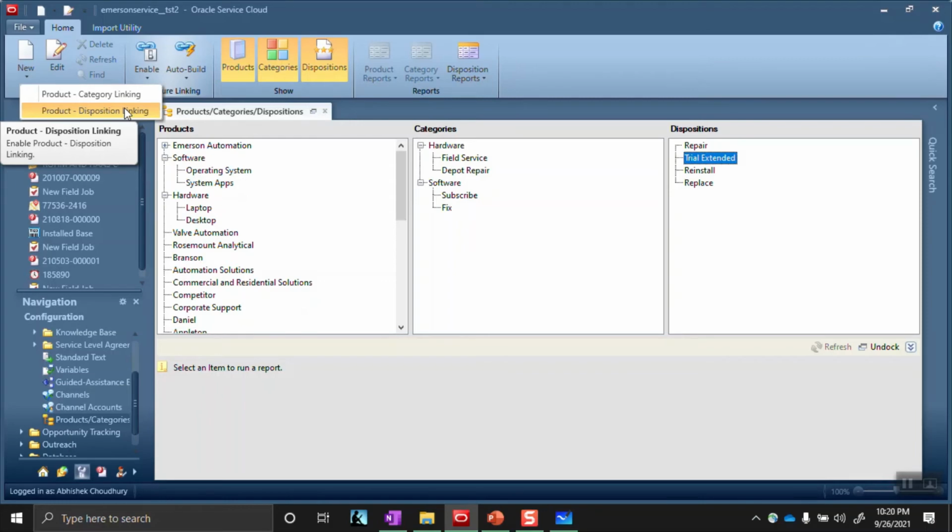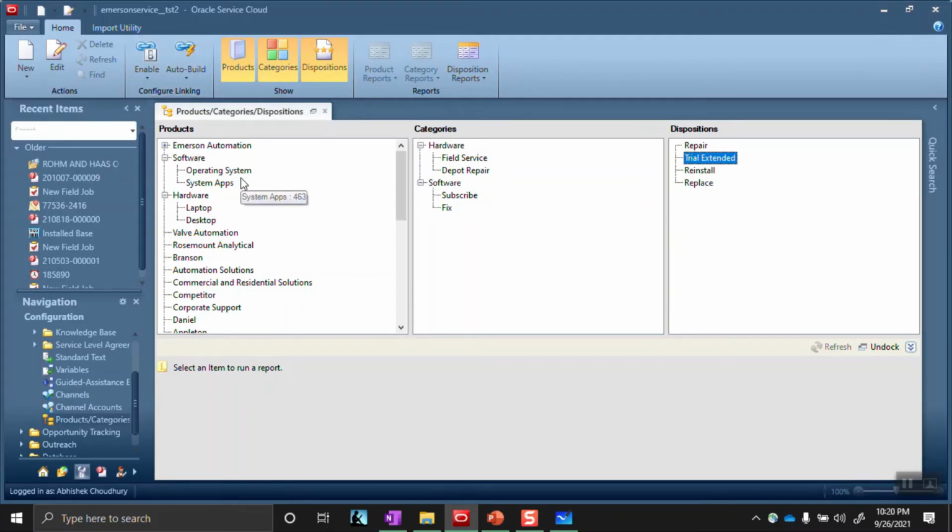Now to enable this linking process, we enable these two. I enable product category linking, and I also enable product disposition linking, and then the rule will not come into effect just like that. You have to re-log in to this Oracle Service Cloud to make the system understand that we have enabled the linking before the link creation.